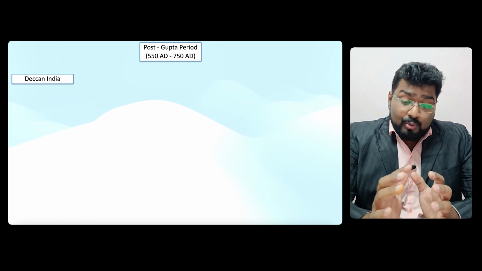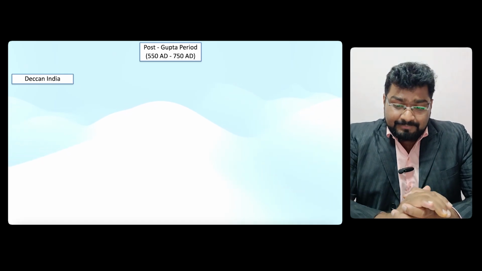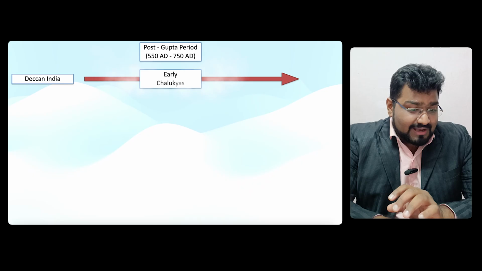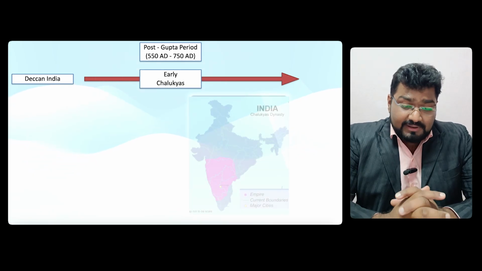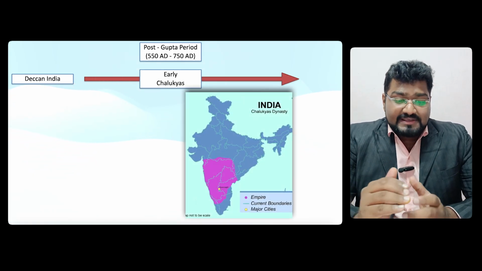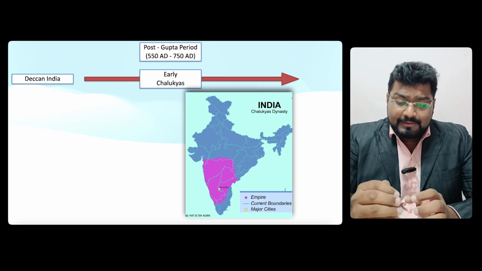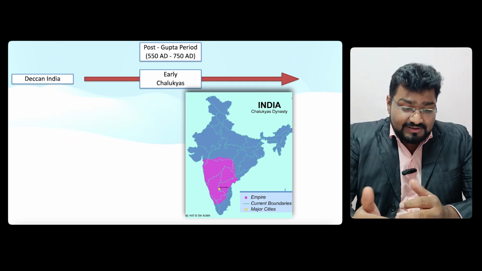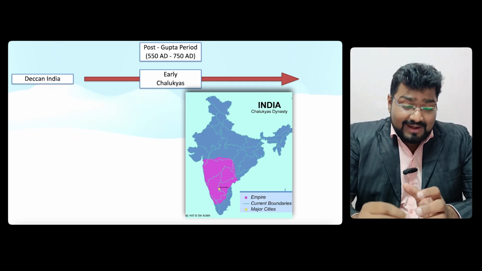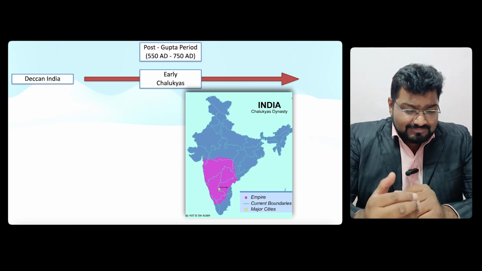Now we will see the post-Gupta period, particularly in the Deccan India. Let's see what was happening in the Deccan India. While the North battled for unity, the Deccan found its own rhythm under the Chalukyas. So we'll see how early Chalukyas ruled in this particular period. You can see the territory of early Chalukyas. They were ruling the modern-day Maharashtra, the Karnataka region, the entire Telangana, and to some extent the Andhra Pradesh